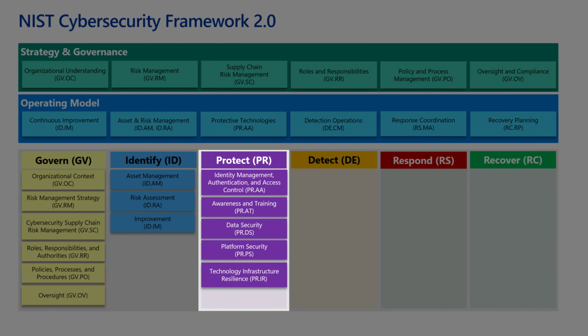The Protect (PR) function focuses on implementing safeguards and controls to ensure the delivery of critical services and protect against potential incidents. This function is about building a strong defense layer around the organization's assets, limiting or containing the impact of a cybersecurity event. In the Identity Management, Authentication, and Access Control, the PR.AA element, we establish mechanisms to verify the identities